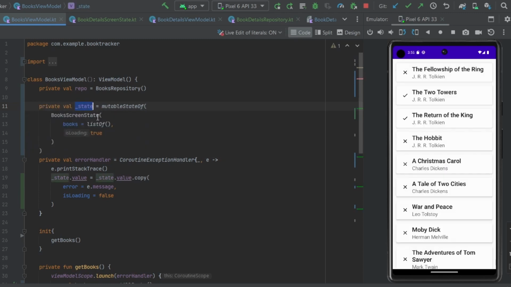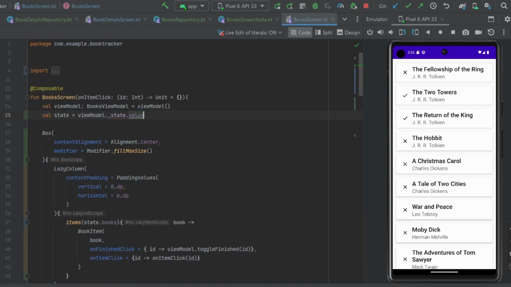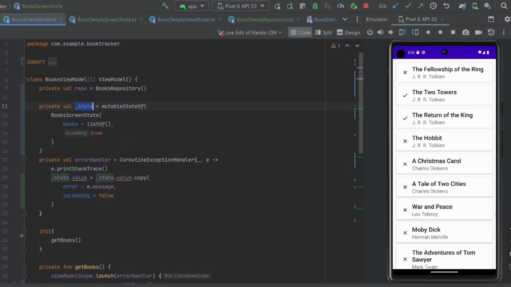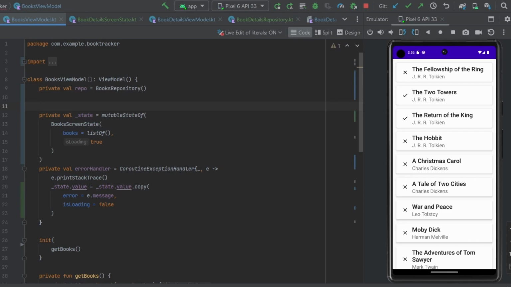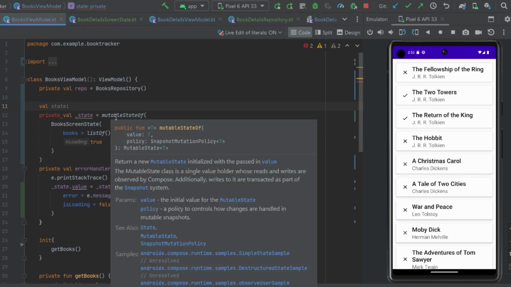And because this is private, obviously from our book screen, we are not going to be able to access that, but we'll fix that in a minute. So back in the view model, what we're going to do now is make another variable, and we're going to say val state. And this one, instead of being mutable state, which obviously means the state that we can change,